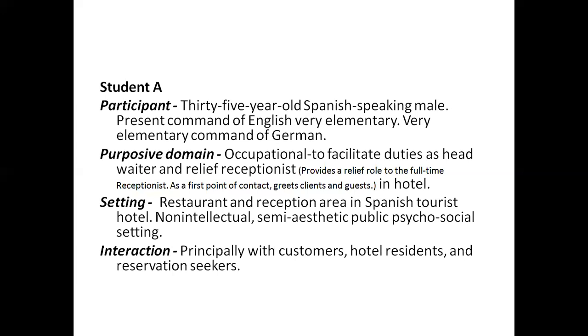And what is his occupation? He is a waiter in a hotel and a relief receptionist. Relief receptionist, what does it mean? A relief receptionist provides a relief role to a full-time receptionist as a first point of contact, greets clients and guests in a hotel. So it might be a hotel where